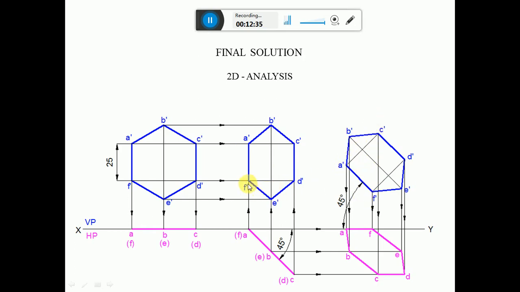Similarly with F dash as center, again take the same radius, because both C and D are going to be on the same line. So obviously F dash and D dash should also have equal length. So from F dash also cut the arc on this perpendicular line, so that you are going to get this point D dash. Then we need to transfer B dash and D dash.